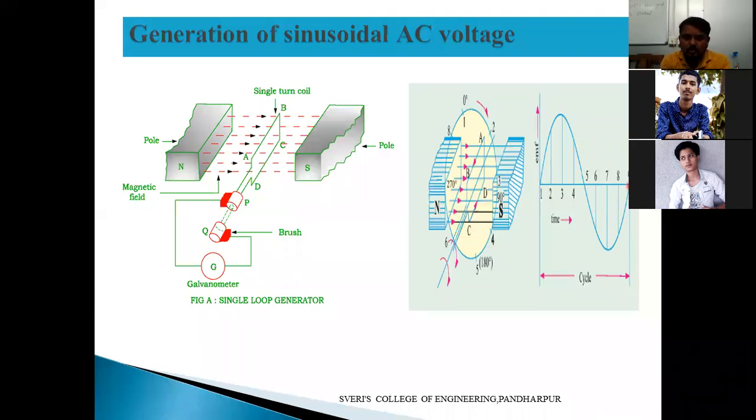Zero here. So these are the two magnets. In between these two magnets, flux lines are there. The one coil, a single turn coil, we have used here. For 90 degrees and 270 degrees, maximum flux linkage will occur here. For that maximum flux linkage, the induced EMF will be maximum, and that is the generation of sinusoidal AC voltage or current, as we are going to call it. Is the topic clear?